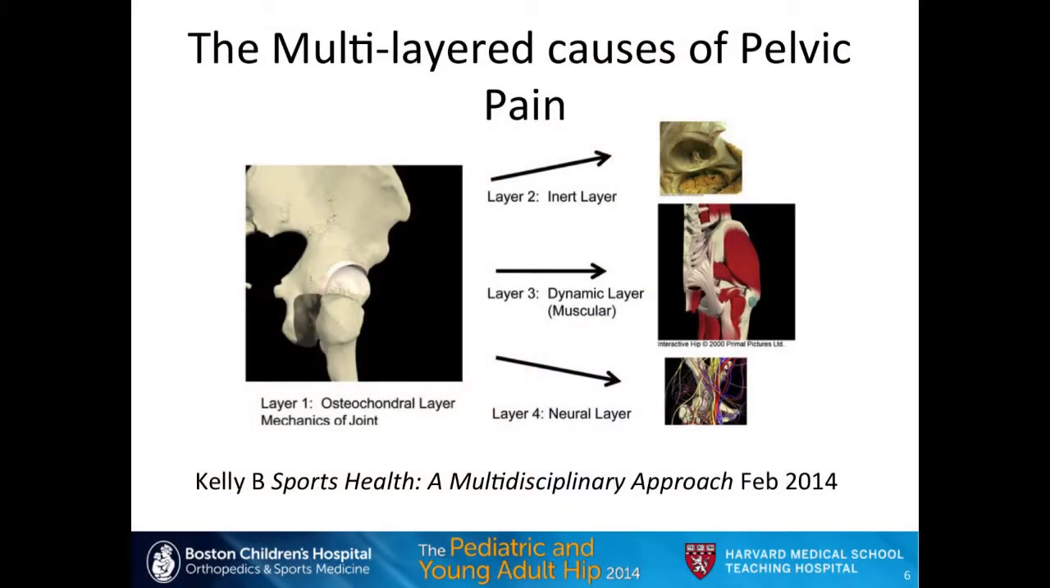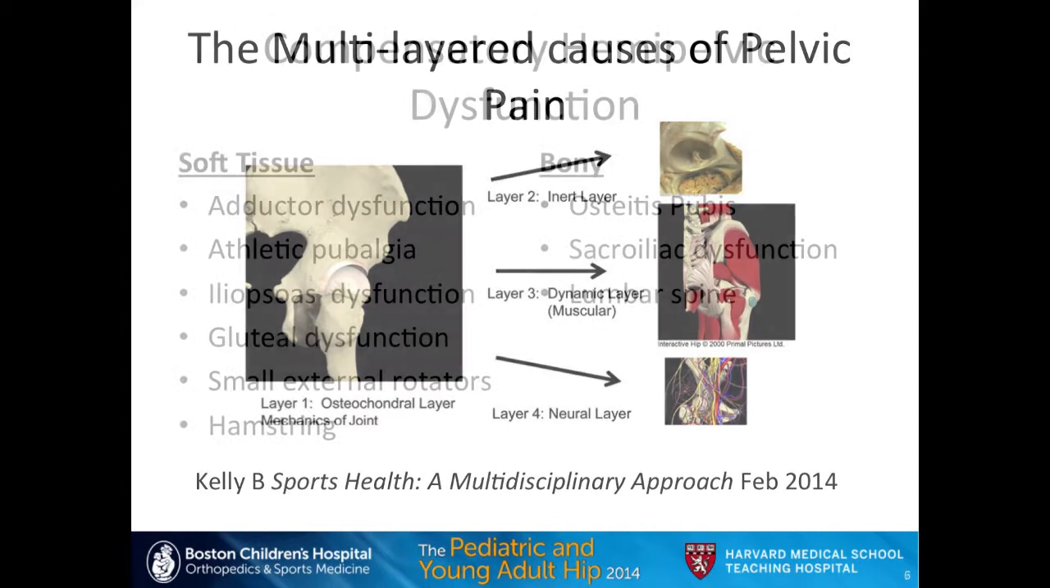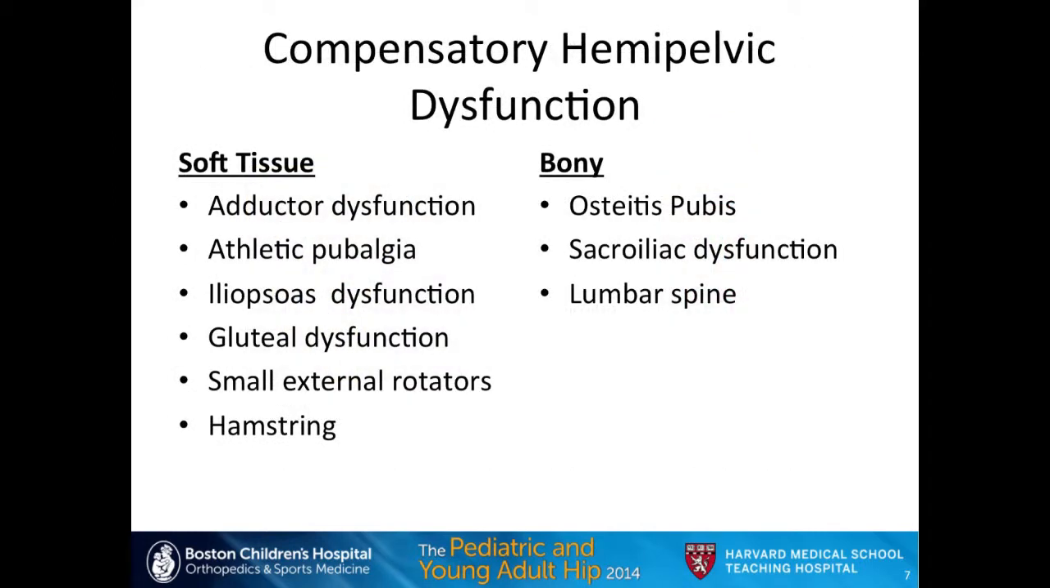This is to reiterate what Dr. Millis just brought up, that there's really this multi-layer approach to looking at the hip that we have to consider. You have the bony aspects of the osteocartilaginous layer, then the more inert layer, which is the labrum and the capsule, then moving out to all of the hip muscles around, and then even to the neural layer. I'm going to mostly spend my time in layer number 3 right here,